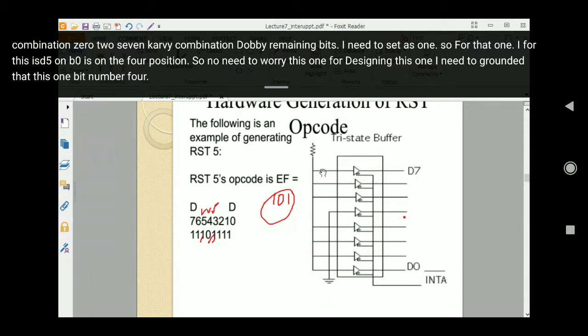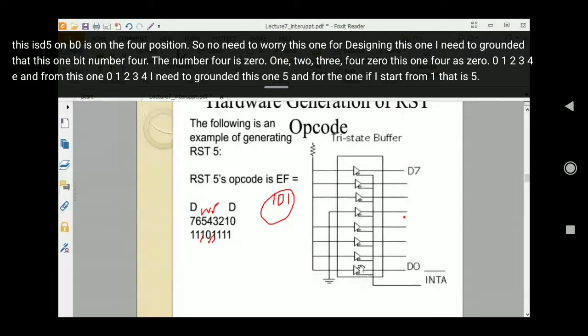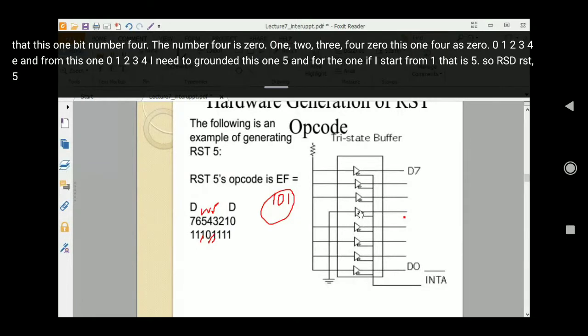Bit number 4 is 0, 1, 2, 3, 4. I need to ground this 5, and then if I start from 1, that is 5. So for RST5, we need to ground it with 0. If I ground this as 0, that means it is the RST5.